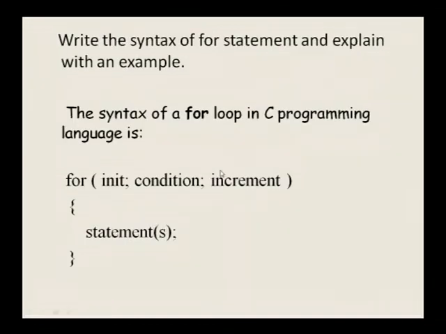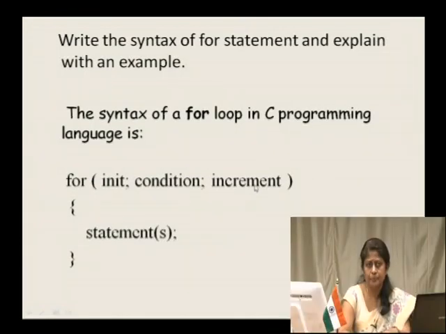Next we have the for statement. What is the syntax for this for statement and how does it execute? The syntax for the for statement would be: for the initial condition, the termination condition and the increment part. Following this we have the statement part. Again here you could have a single statement or you could have multiple statements, although do not forget to put a flower brace for either case.